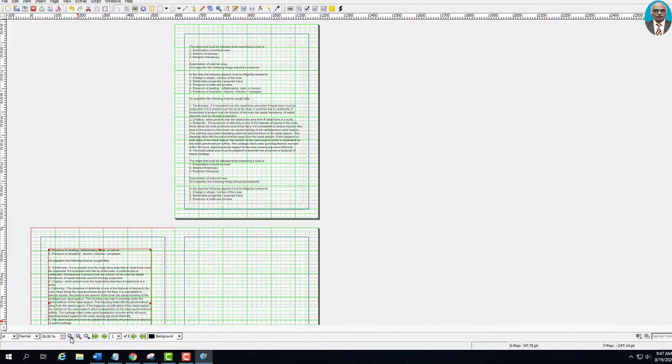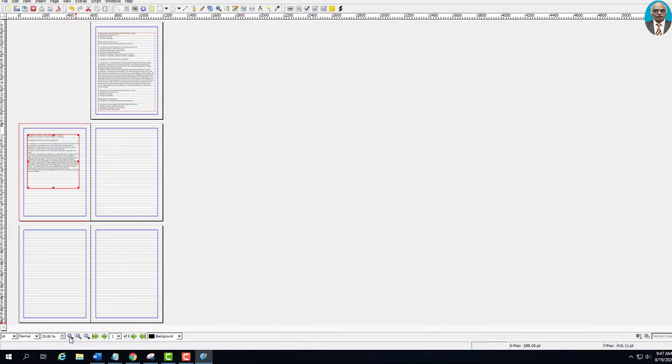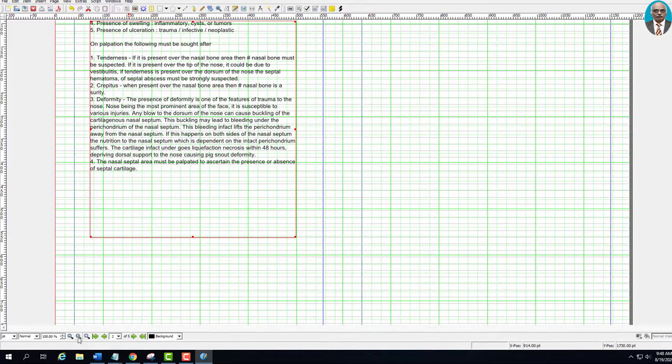Just click once, it zooms out. Now you see the page has been reduced so that it fits into my screen. You click it once more, it still zooms out. Now I want to go back to the old size, which is 100%. So I'll go to the old size by clicking this one.